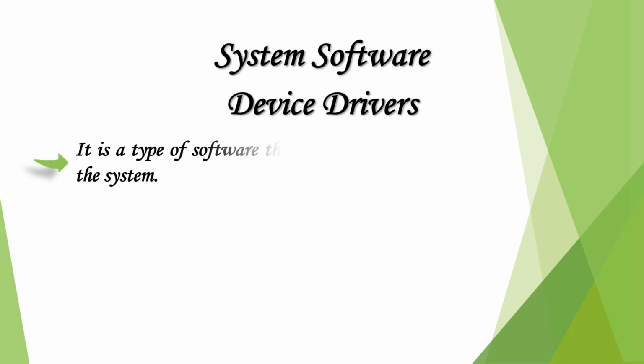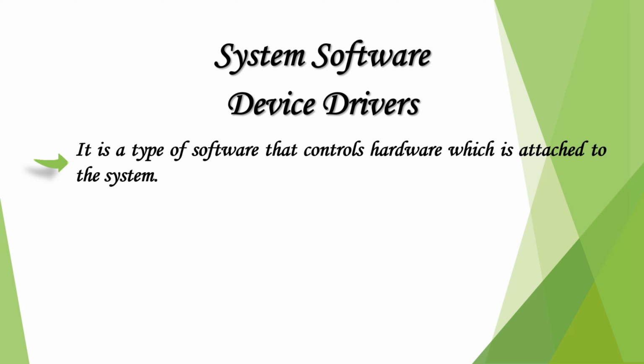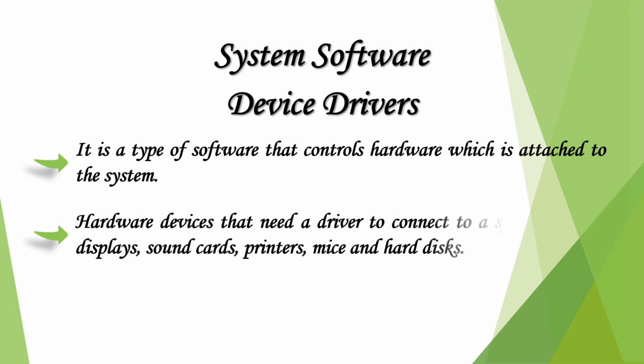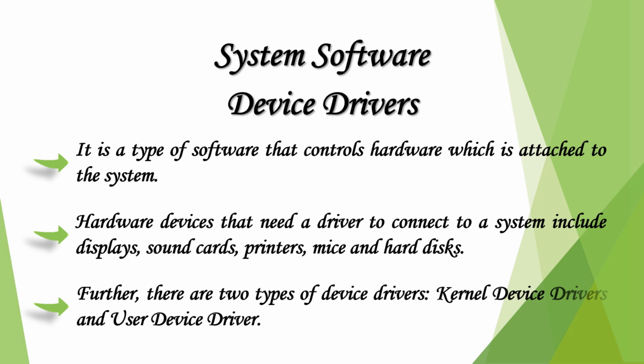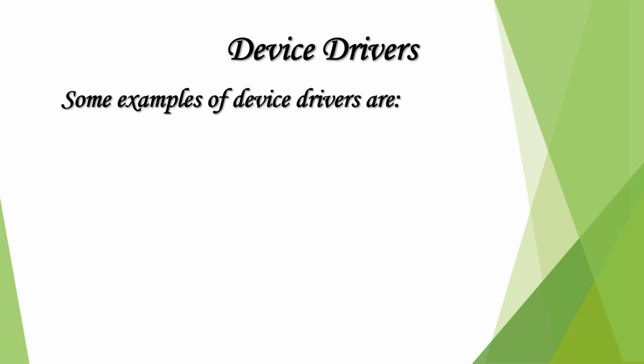Device drivers. It is a type of software that controls hardware which is attached to the system. Hardware devices that need a driver to connect to a system include displays, sound cards, printers, mice and hard disks. Further, there are two types of device drivers: kernel device drivers and user device drivers. Some examples of device drivers are